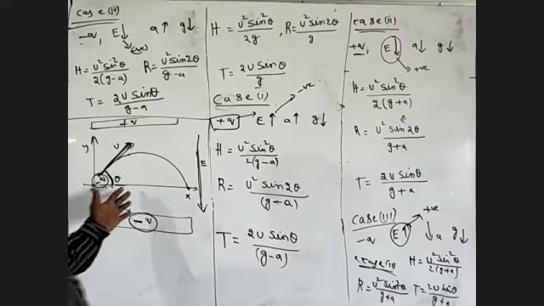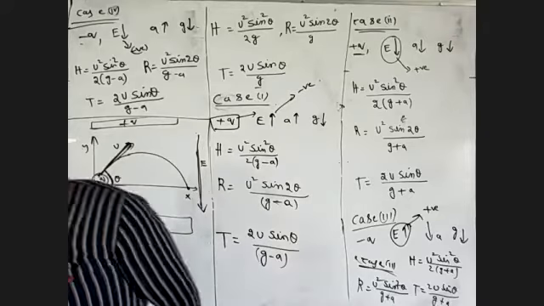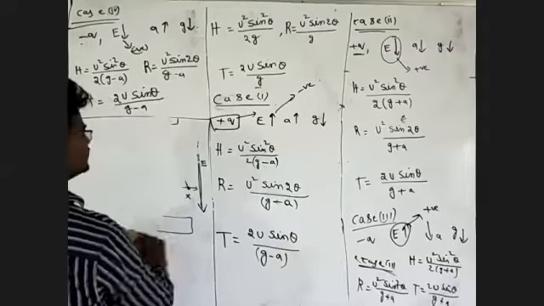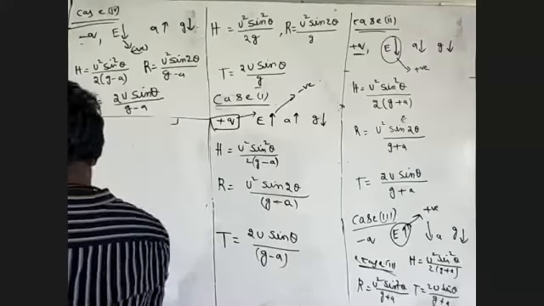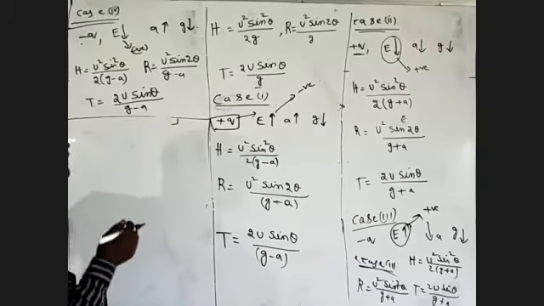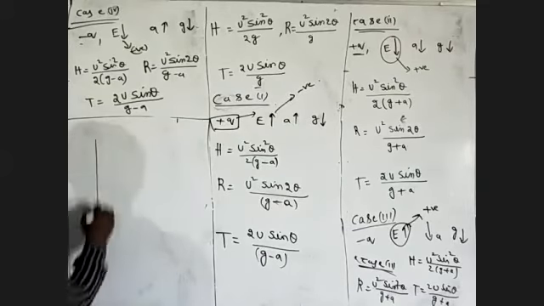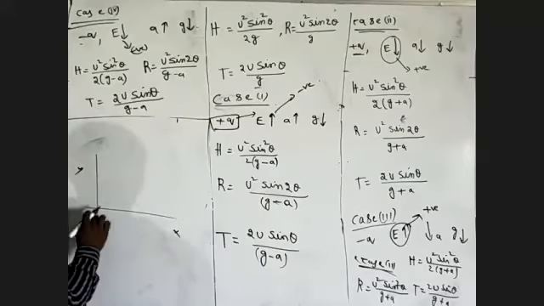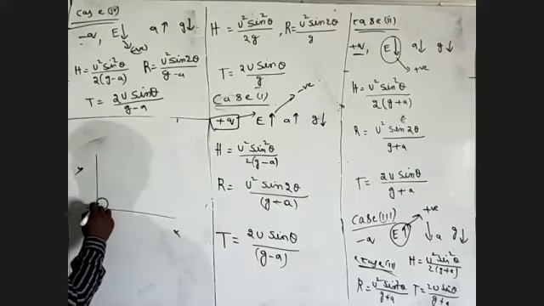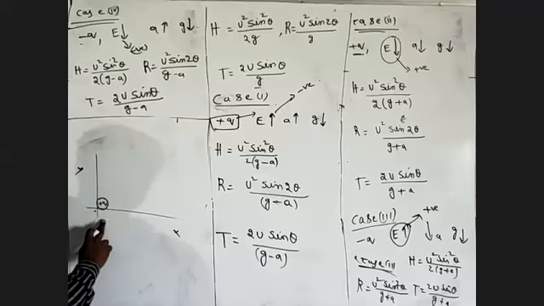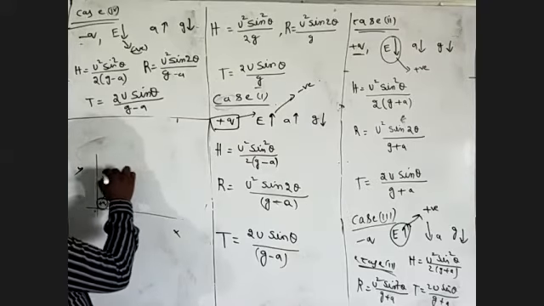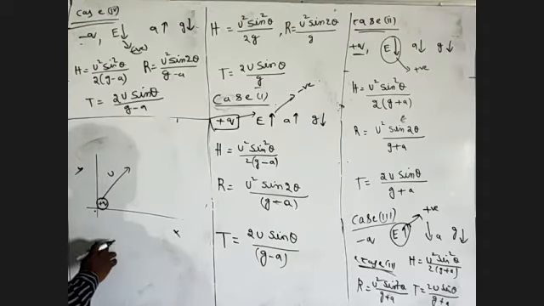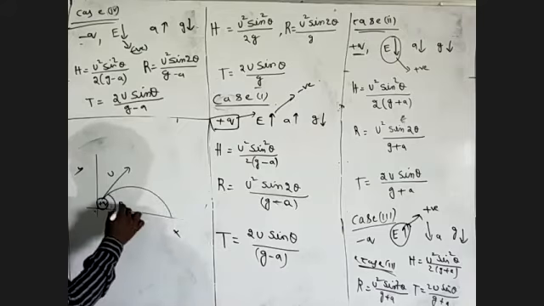I'm going to explain and recall all the cases once again. This is projectile motion in a uniform electric field. Now you will see the x-axis and y-axis, and this is the origin point. I'm taking a positive charged particle. This charged particle is projected with a velocity u in space, making angle theta with the horizontal.